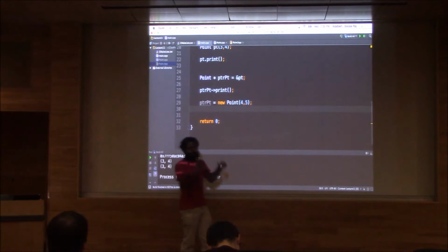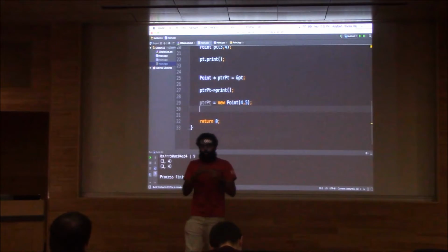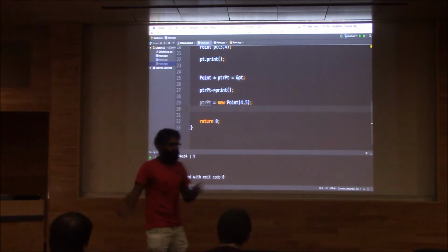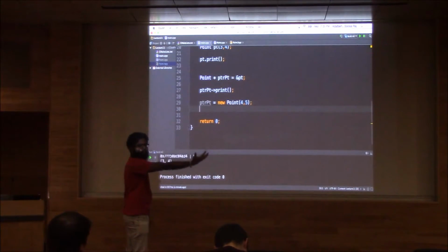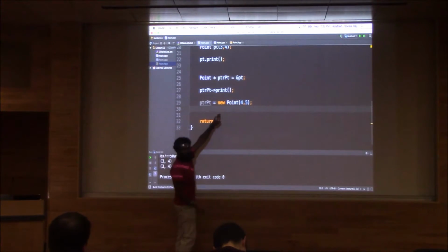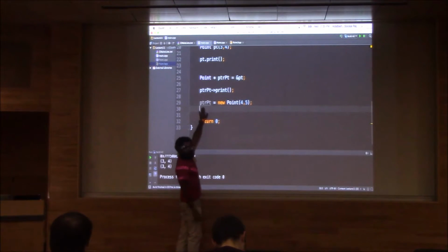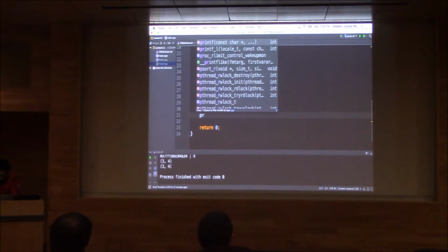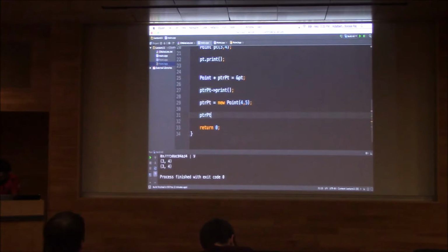First, on the right hand side, a point object is created on the heap, and the address of that point object is returned by this new operator, and it is stored in this variable called ptr pt. Okay, ptr pt. And now if we just print ptr dot print,